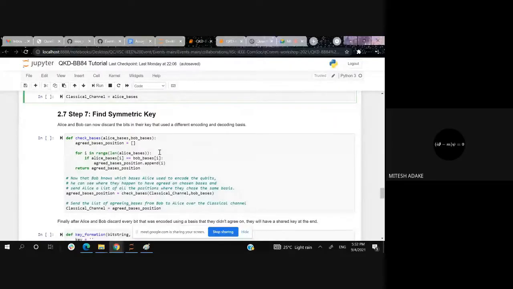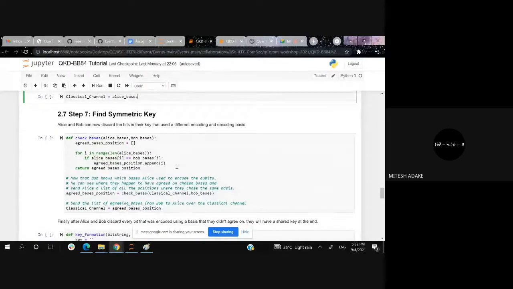So now we'll need to find a symmetric key. A shared key is what we want. Finally, once we get the shared key, the protocol is successful and we have developed a secure connection. But how do we do it? Now that Bob has received everything and we need to get a shared key between them, we'll need to